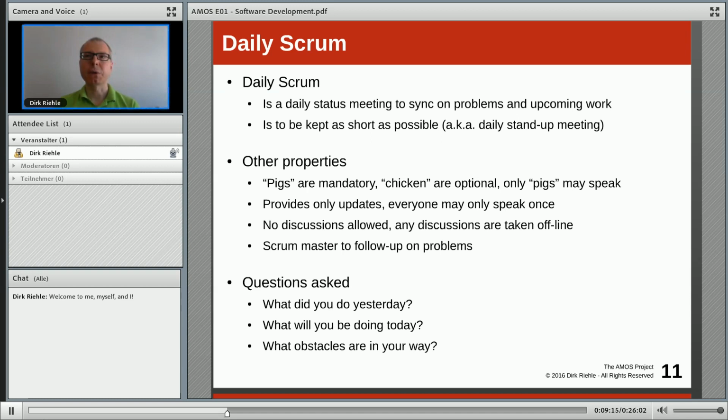So the questions again to be asked are: what did you do yesterday? What will you be doing today? And what problems do you expect? In AMOS, with student teams which are not full-time on a project because you have other courses, we've replaced the daily Scrum, the daily stand-up meeting, with a stand-up email.